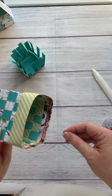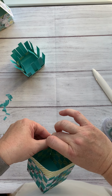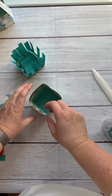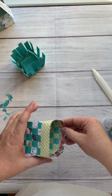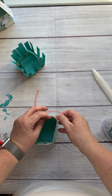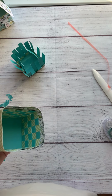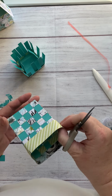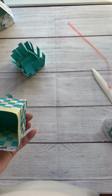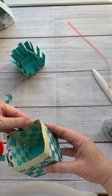So now what I'm going to do is I'm going to take this backing off of the top piece of sticky tape. Come on, this stuff is so staticky. Here we go. Just get that off of there. There we go. But what you want to do before you would push this around is I clipped down to the 4 line in each corner. It just gives it a nicer corner look to it. Now you can take, oops, I missed one. Okay, can't forget that. Now you can take and fold in